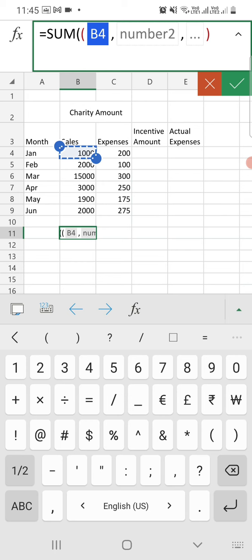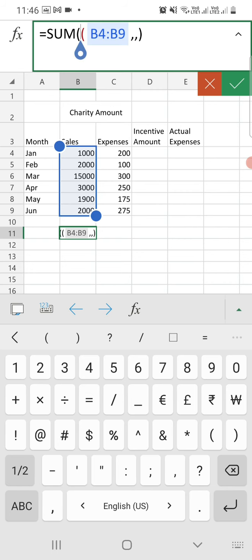Select the cell that is B4 and drag the cell up to B9. Okay, you can see when you just select the cell, it will automatically come into your formula. Here you can see B4 is already here, and when you just drag the cell, it will automatically fill up the range. That means B4 to B9.